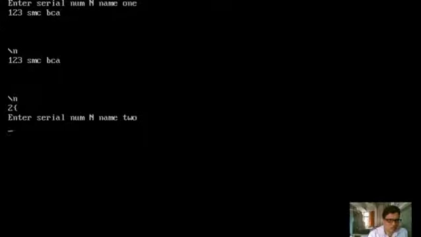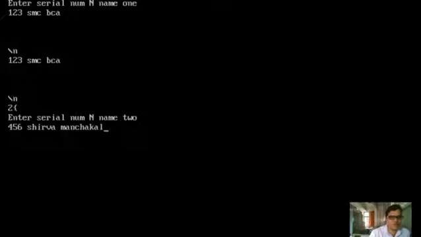Okay, and it is asking to enter serial number name 2. I'm entering 456 and Shirva Manchakal. If you observe here, SMCBCA has been displayed because it is a character, right?